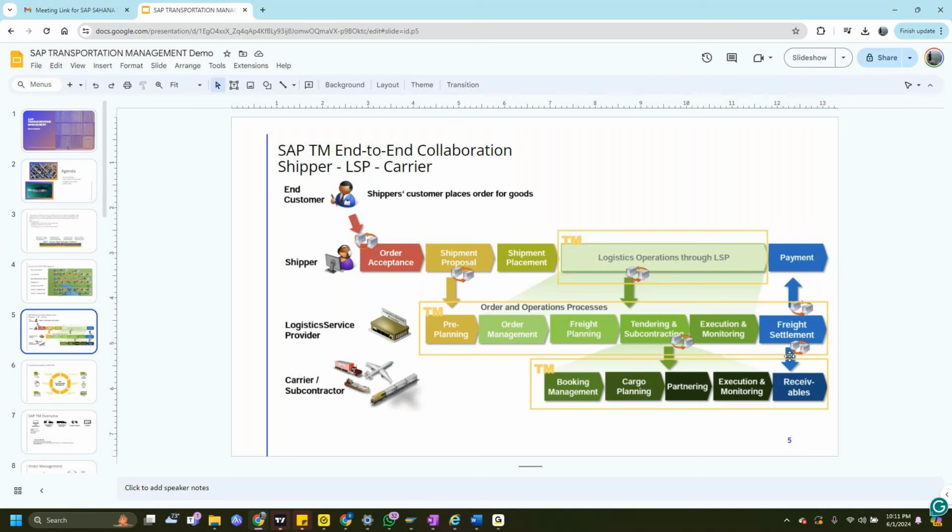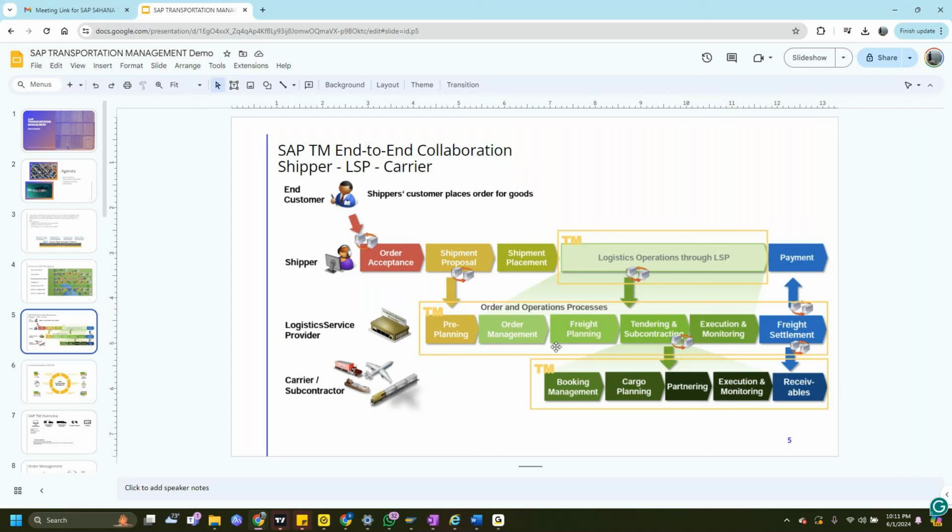So this freight settlement process is what is called accounts receivable or accounts payable. There's a complex structure here that will come in detail when we cover the freight settlement process. This is the core of transportation management, because everything in freight settlement is related to money the company is spending or money the company is getting. Any questions? This is a high level. We'll come back to this end-to-end process where I'll explain each step in detail, so no need to worry if you haven't gone through much of this.